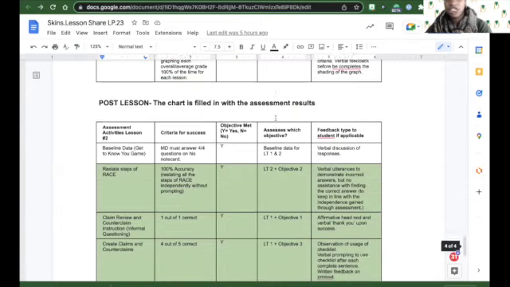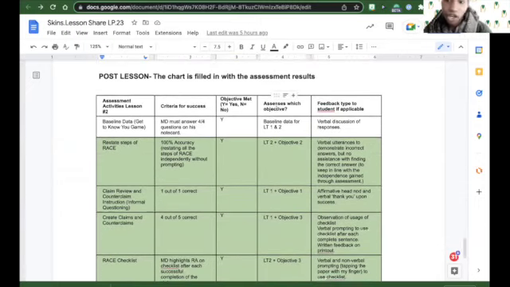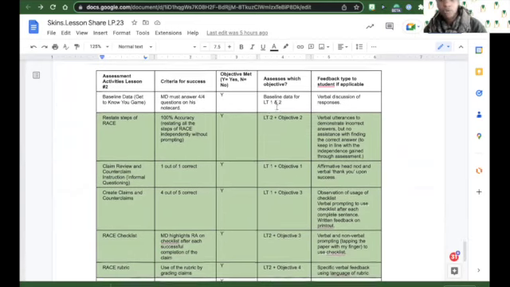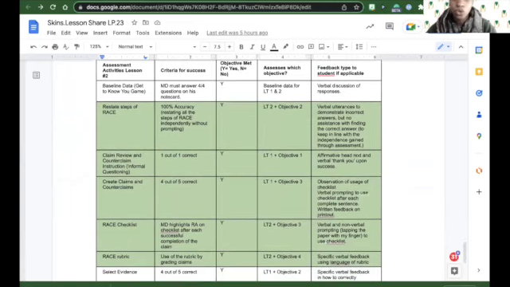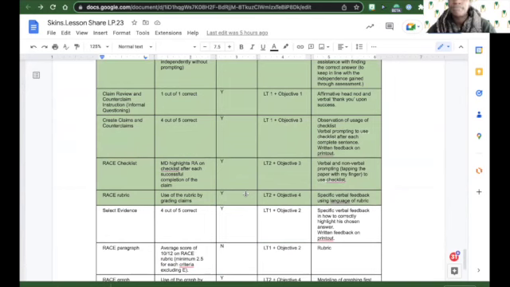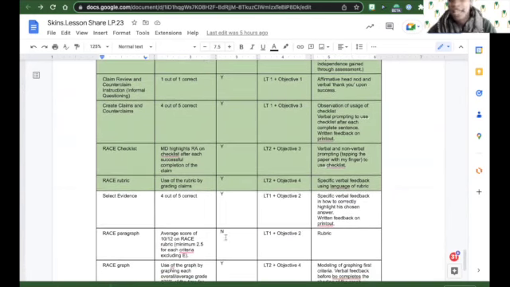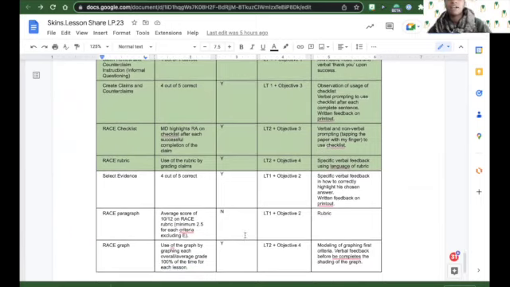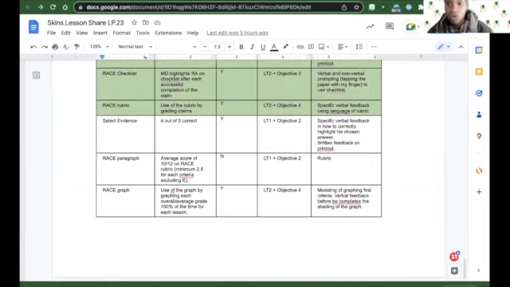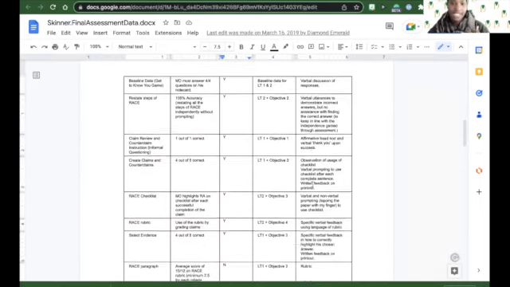After I teach the lesson, I'd fill in the chart to see how he actually did. And note, he knocked it out of the park for those segments of the lesson. But that doesn't mean that you're effective or not effective, right? If we get down here later, when he had to write that day, he didn't meet the criteria for the race paragraph for that day. That's okay. I'm tracking that progress,